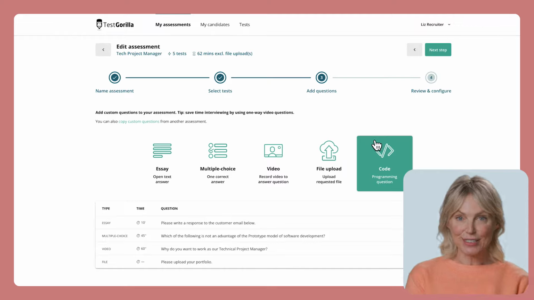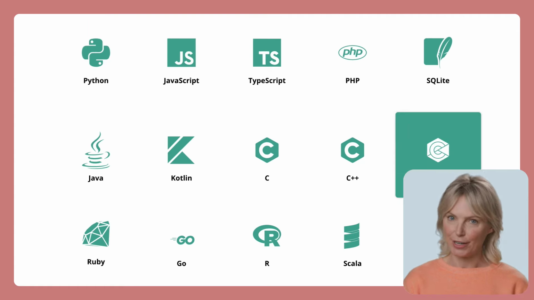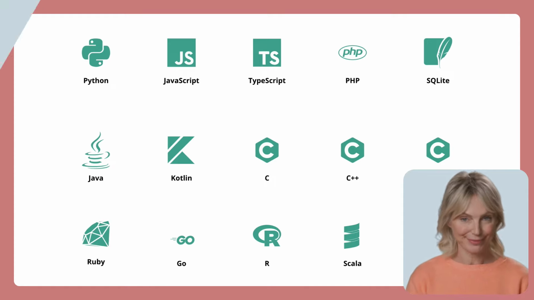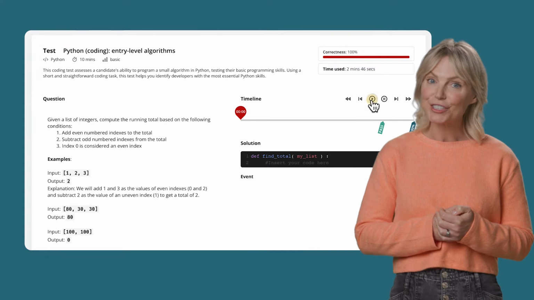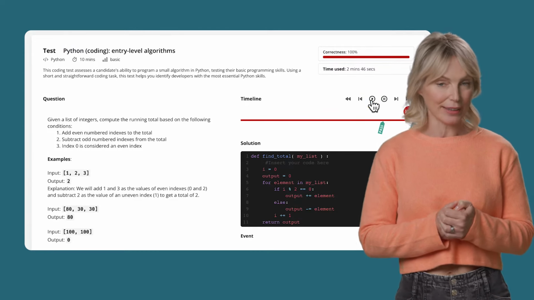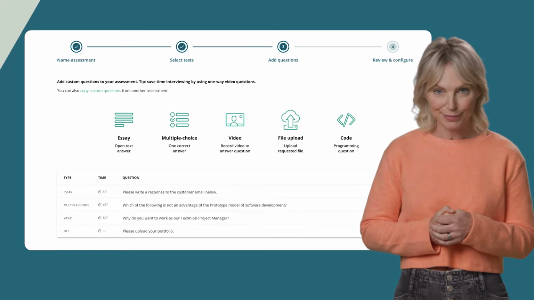And last but not least, we have coding questions. There are many different coding tests in the test library, but you may want to add your own coding challenges as well. The great thing about our coding tests is that everything is recorded. So on the results page, you get to learn everything about your candidate's coding style and speed. Every custom question you create gets saved in your personal library, so there's no need to create the same question twice.